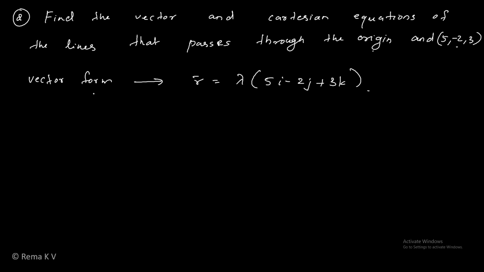So this is the vector equation of the line, and now the Cartesian form. Okay, it is x by